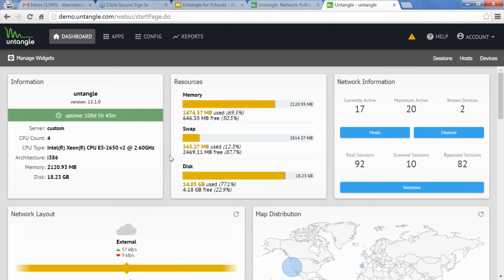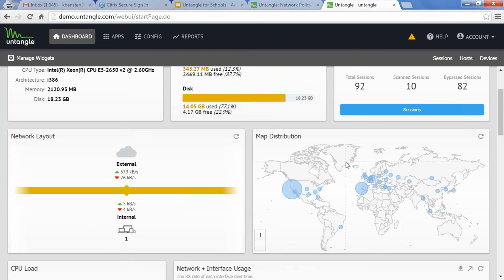So if you just take a second here to look, you've got some information on your appliance, your network, you've got resources, your memory, your disk space, any kind of network information that's needed, session views, scan sessions, bypass, and the like.